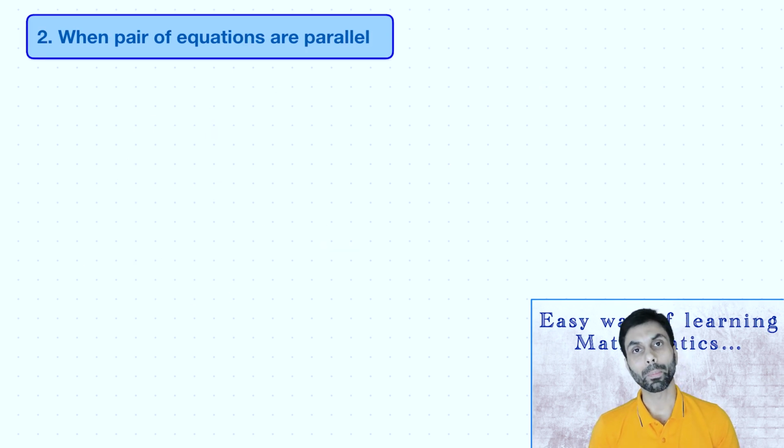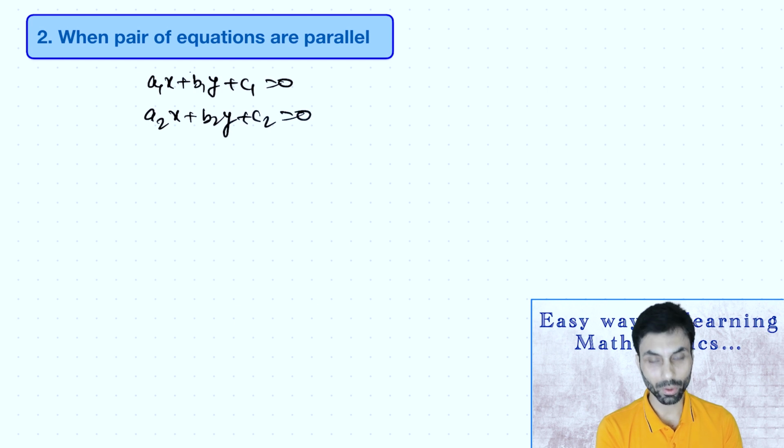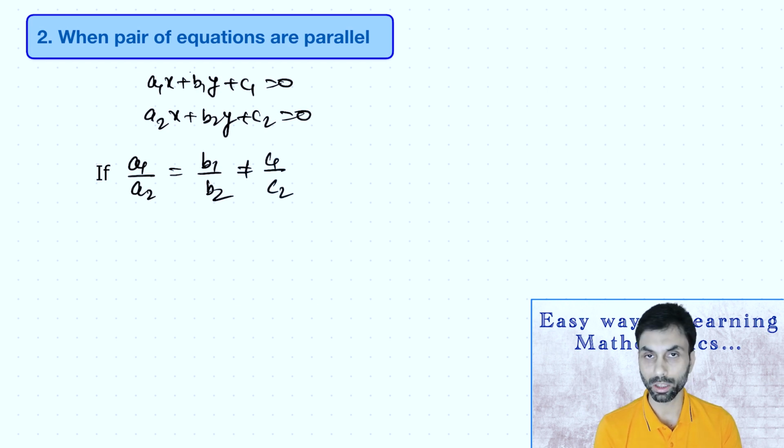Next, when we talk about the pair of equations when they are drawn and they are parallel, how will we identify whether the lines are parallel or not? Again, we'll take a1x plus b1y plus c1 equals 0 and a2x plus b2y plus c2 equals 0. In this case, we are going to find a1 upon a2. If it is equal to b1 upon b2, we'll check the ratio of c1 and c2 also. And if that is not equal,